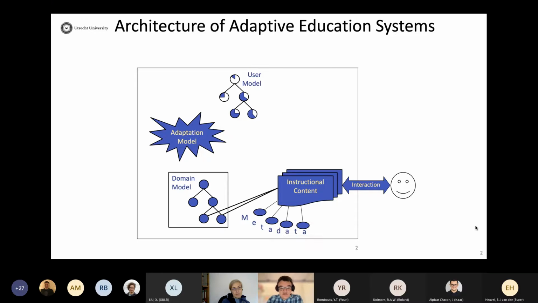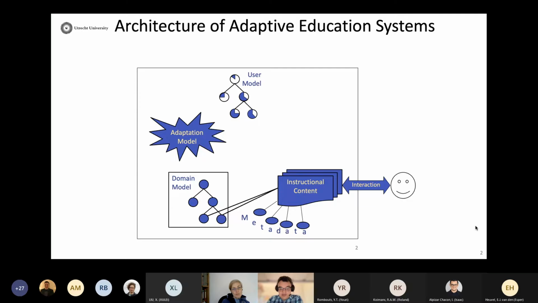And there is also metadata that describes the instructional content. For some systems, metadata can be pretty complex, defining different properties of the instructional content, like difficulty, interactivity, and so forth. But what is always there is the link between the instructional content and the domain model.